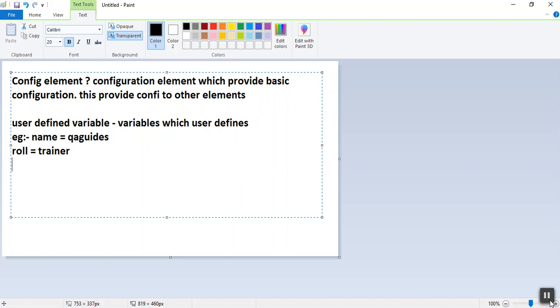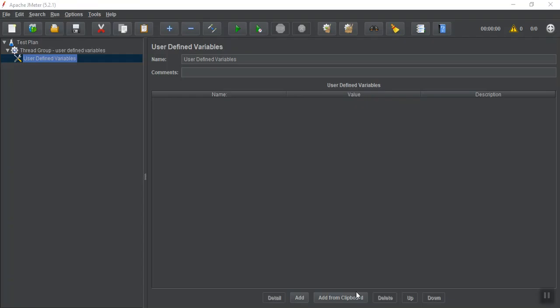So we have two variables, name and role. So we are using user defined variables. Let's specify some variables over here.